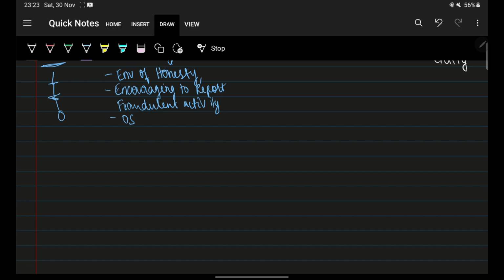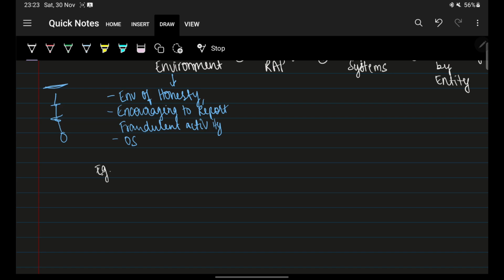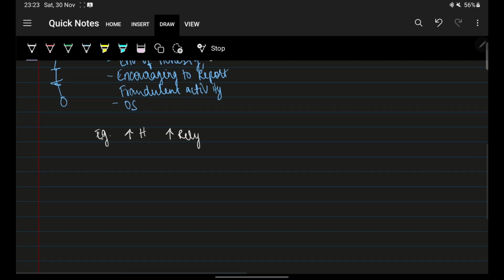Okay, so for example, suppose the entity that you're auditing has this environment of honesty. So would you rely on the internal control more or less? So obviously, if there is more honesty, then we'll rely more, right? Right, we'll rely more, right? And if they're encouraging people to report, right? If a lot of people, if the lower level employees are open towards